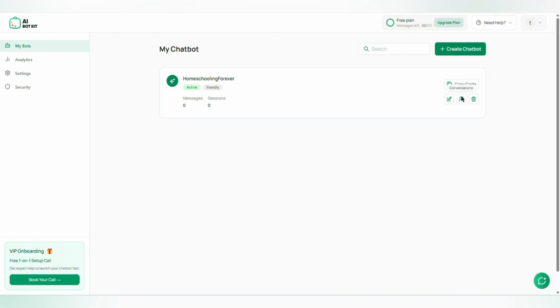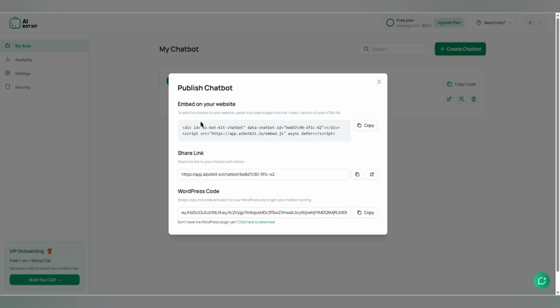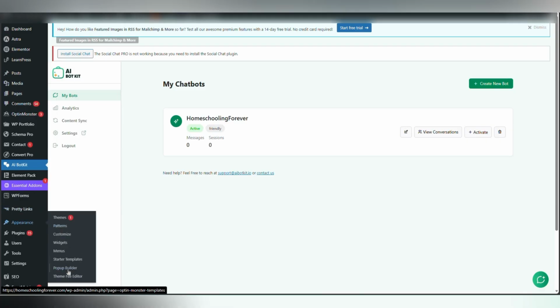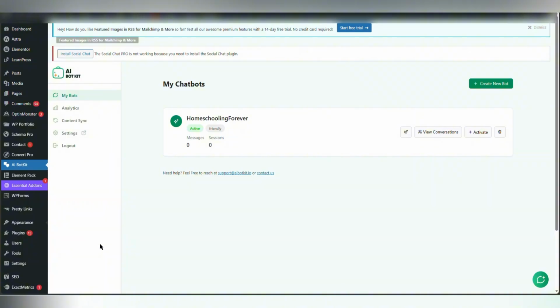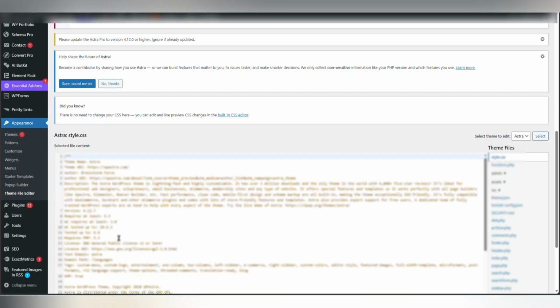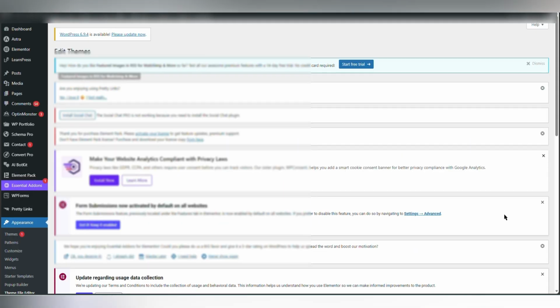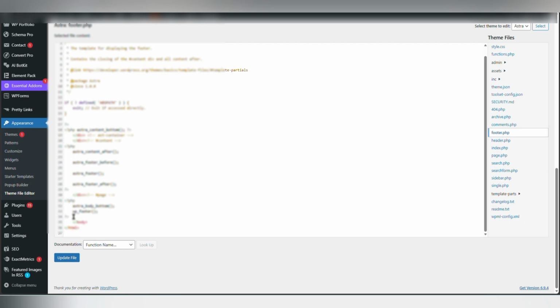So from my dashboard, I just hit copy code. And from here, I have this code that in theory, I have to enter into the header file on my website. So I'm just going to copy this code, and back to WordPress, I will go down to appearance, theme file editor. And you just want to be careful by doing this. What you'll have to do is actually go to your footer PHP, and what I will do is I will just position myself here in line number 34, and I'm just going to paste that code there and hit update